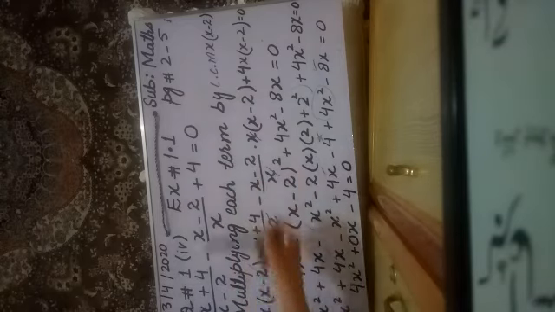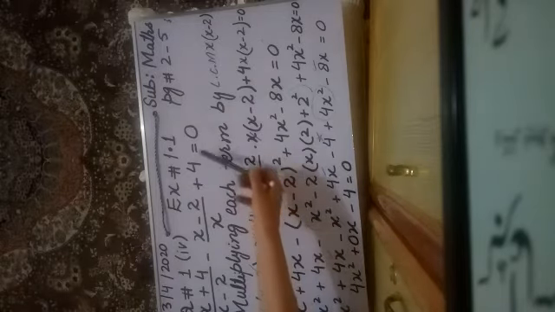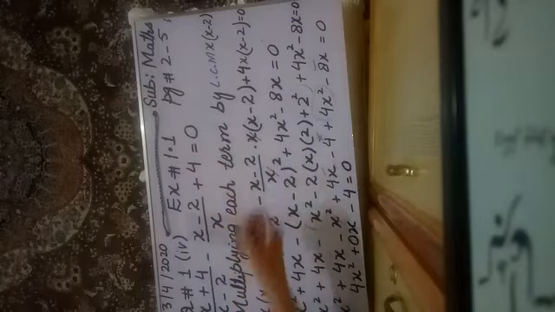As the equation is like this, it is not in the standard form of quadratic equation, but we can write this type of equation in standard form. So how can we? Let's start. The question is (x plus 4) divided by x, minus (x minus 2) divided by (x plus 4), is equal to 0. So let's try to write this type of equation in standard form.